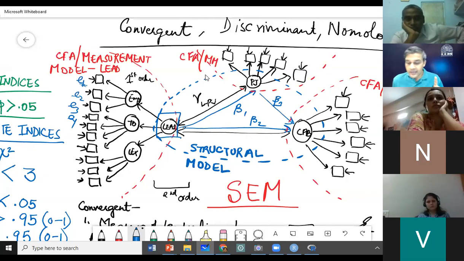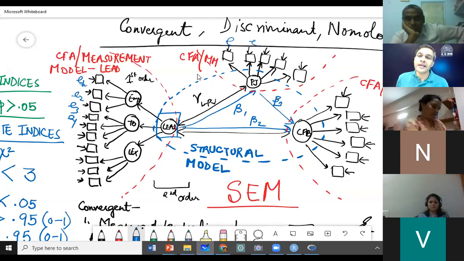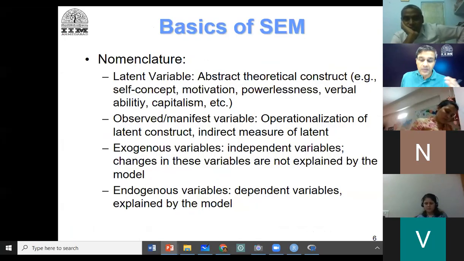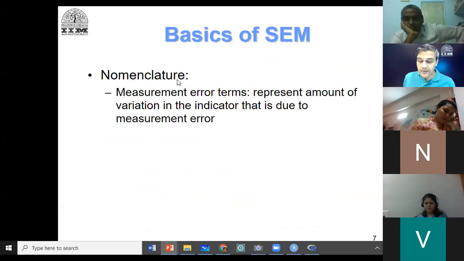What is endogenous now? Endogenous is anything that is getting determined in the model. So everything else is endogenous apart from these errors and lead. That is a nomenclature that we will remember.